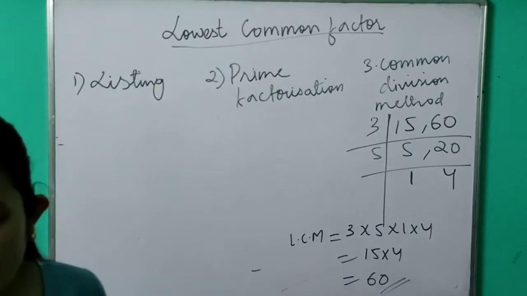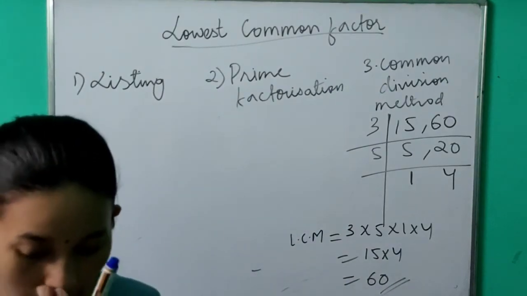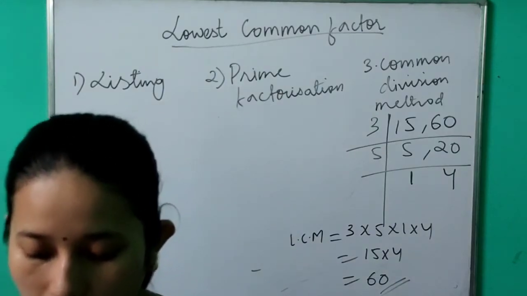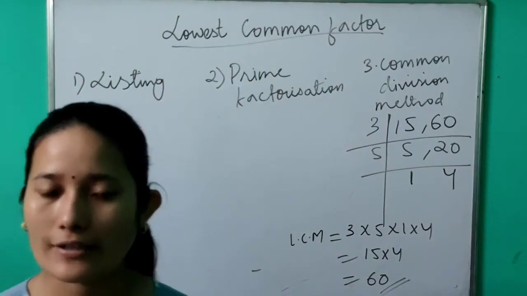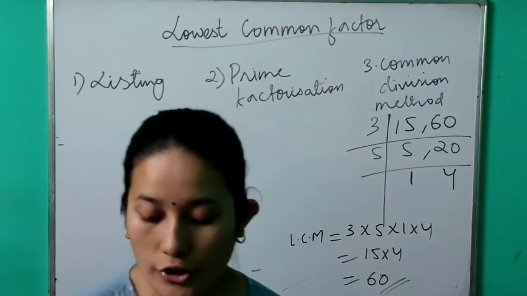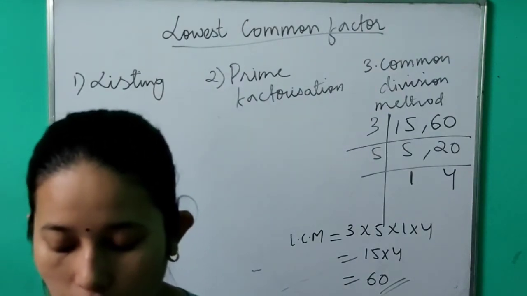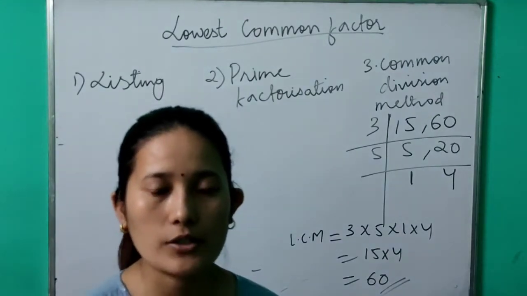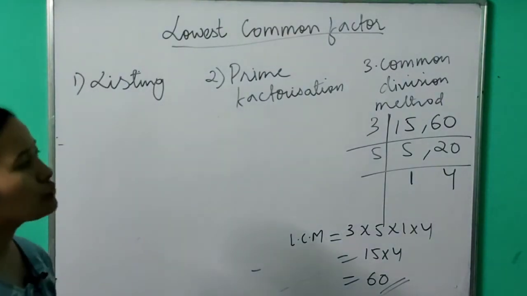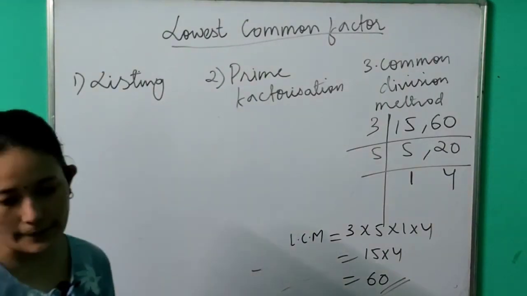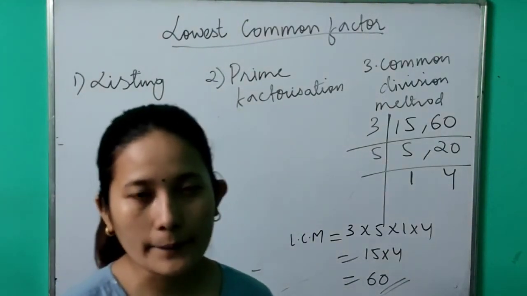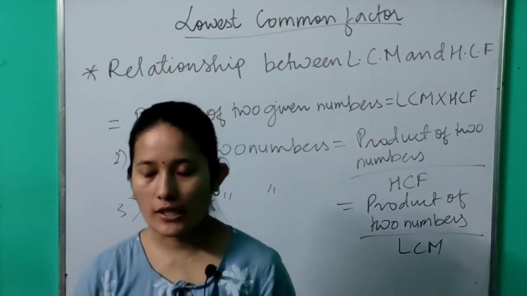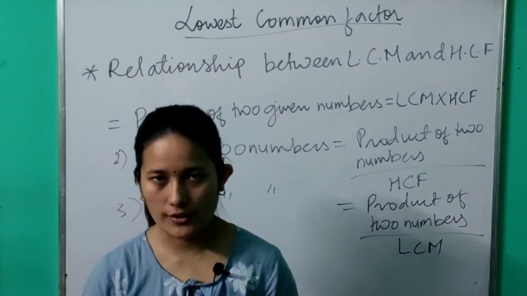Okay, so exercise 3E, I did question number 1A. According to question number 1A, you have to just follow the prime factorization method, and according to question number 2, you will be solving only using the common division method. You do not need to do the listing method, but just for your understanding, I have shown you how to find LCM using the listing method too. Okay, so I hope you understood what is LCM and what is HCF and the differences, right?